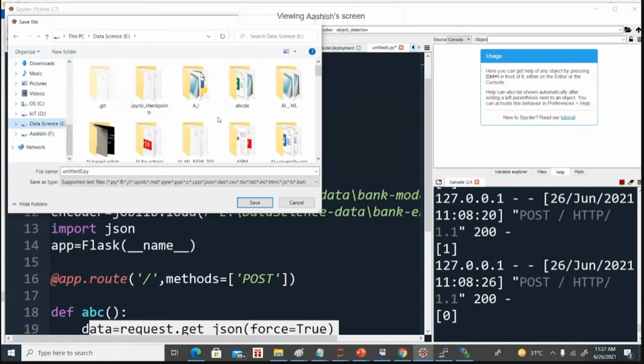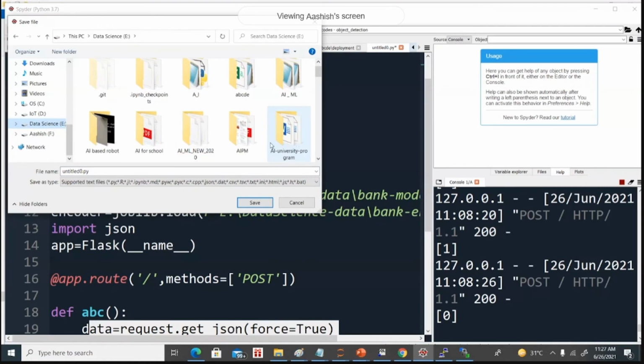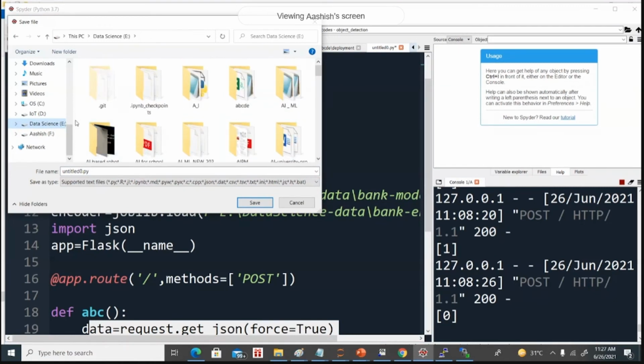I'll also save my code to this location.